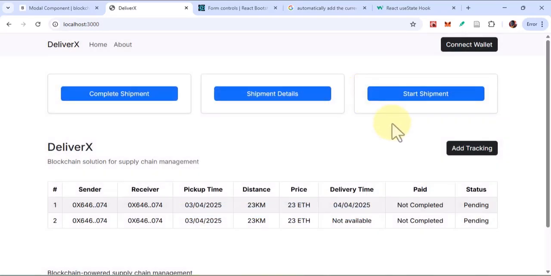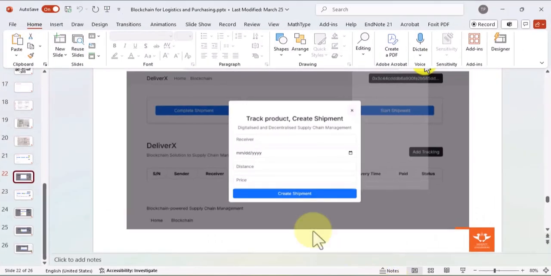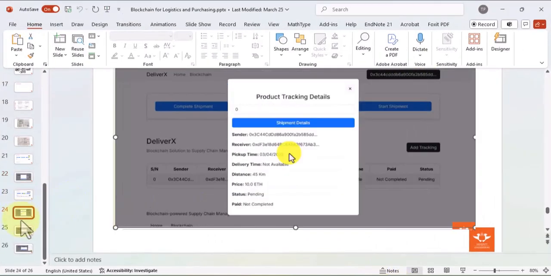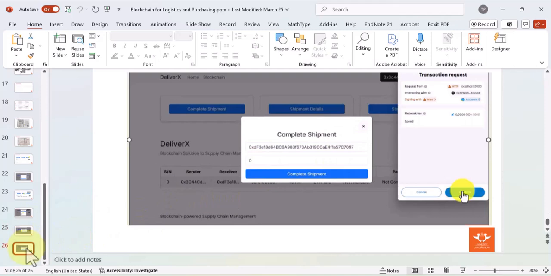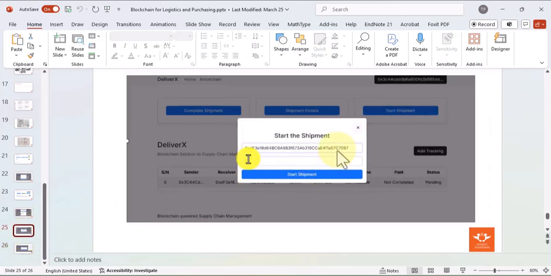Without too much delay, let us move on to the start shipment model. So now for us to know what we should do for the start shipment model, let's just come to our wireframe and see if we take a screenshot for this. Yeah, this is the model for starting the shipment, where we are going to put in the address of the receiver and also